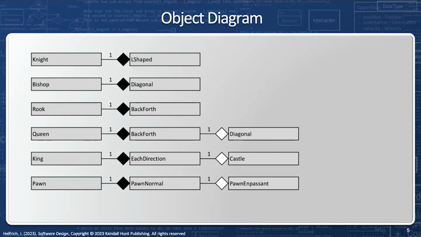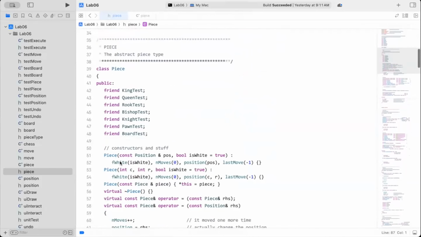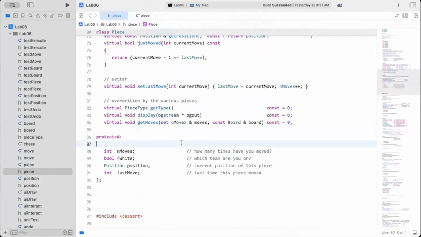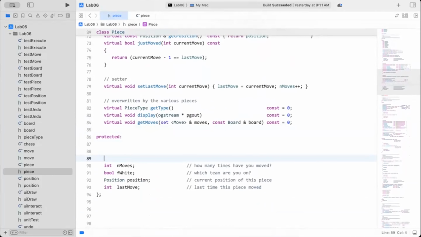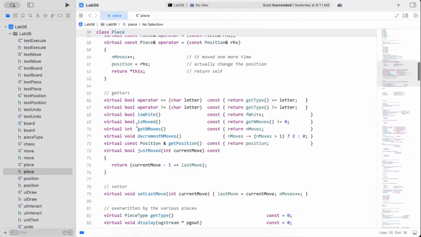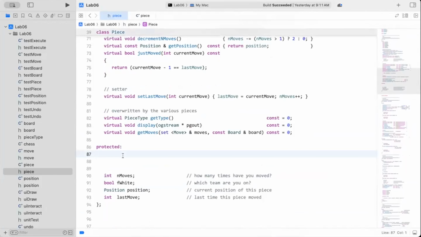All right, let's do a demo now. Okay, so here's my piece class, and my current implementation has a get moves, but what I want to do is add a list of move type. So first of all, I have to #include list. I got that. And then I'm going to say, as a protected,